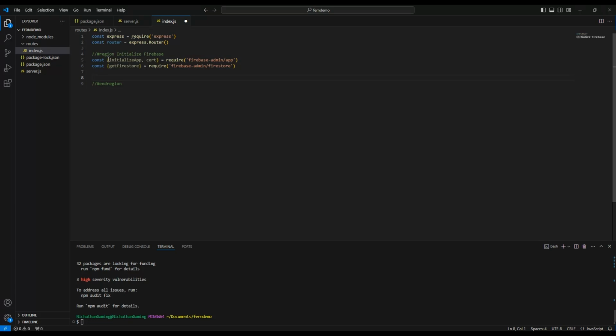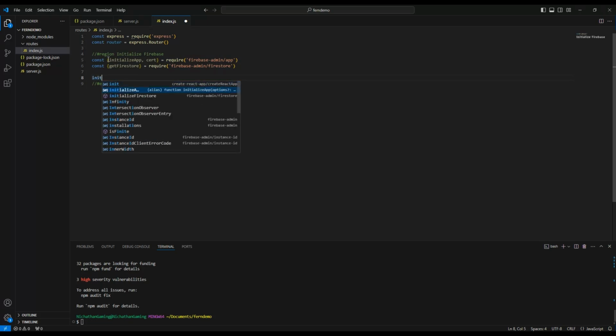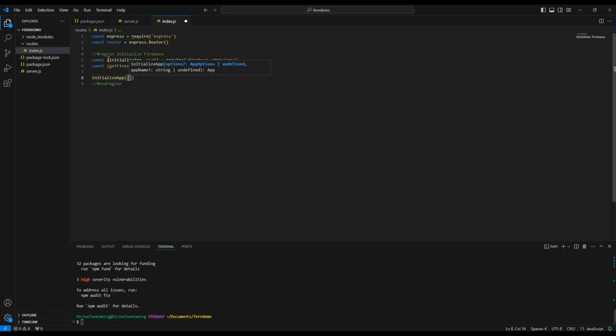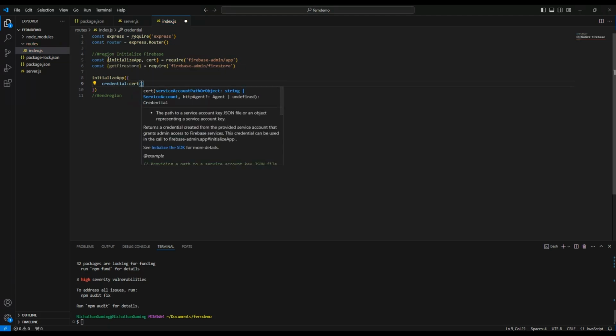Next, we want to initialize the app. So I'll say initializeApp, and then I'll say credential: cert, and we are going to get our Firebase certification from our ENV, which I'll talk to you about when we get to that part. So for now, let's do